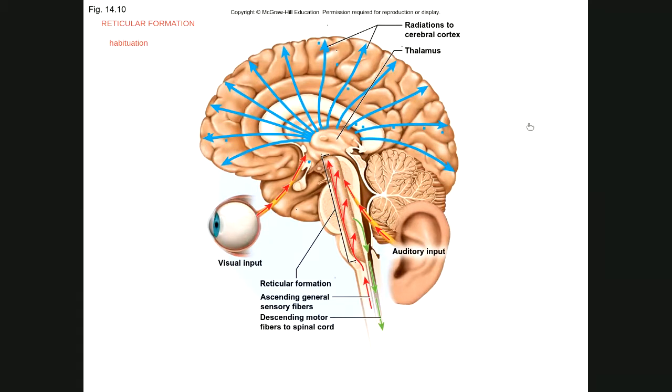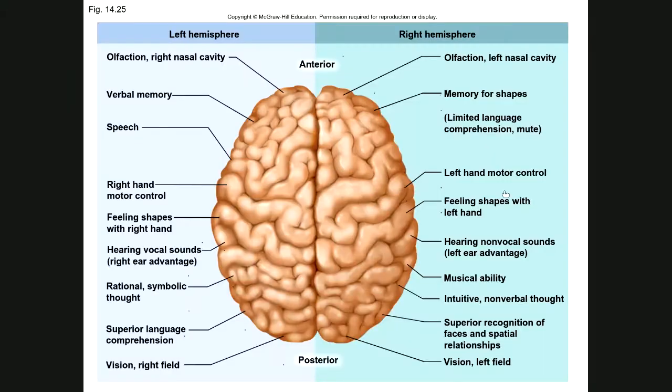All right, so that covers now the major functions and parts of the brain. Now, what I want to move on to lastly is what we have at the last half of the chapter here, in chapter 14, and go into this figure. Well, actually, we talked about the hemispheres already. Okay, but here with the figure